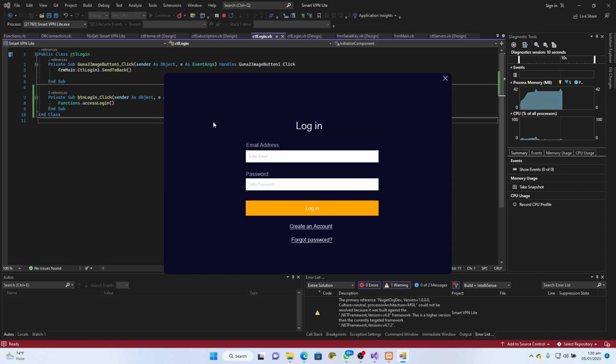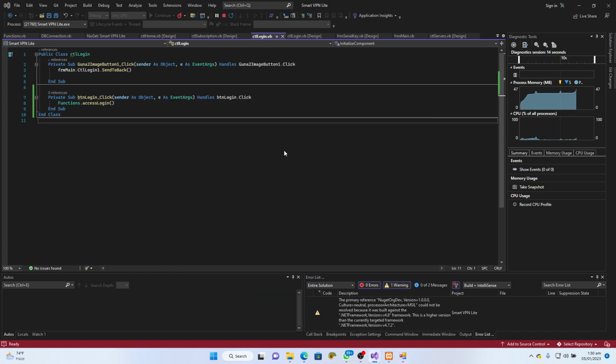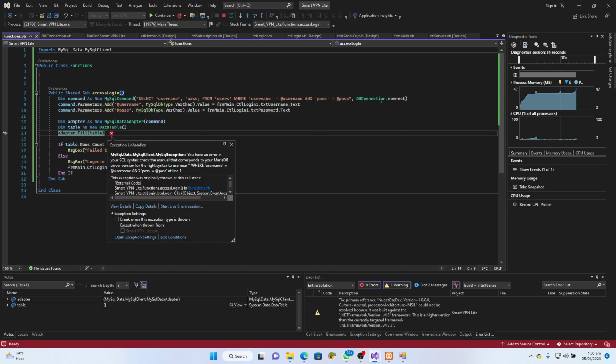Okay, so I click on the login, then there should be an error thrown because it is saying you have an error in your SQL syntax. Check your password equals password where username equals username and pass equals pass at line 1. So that should be